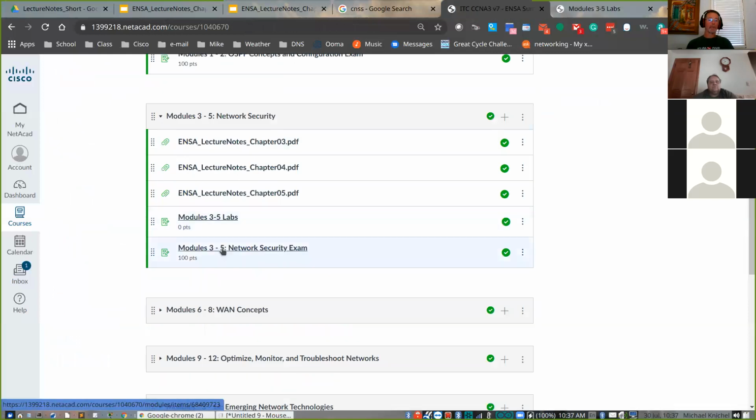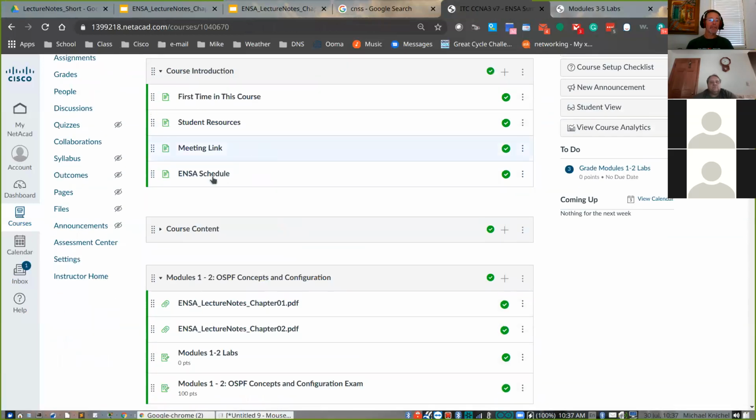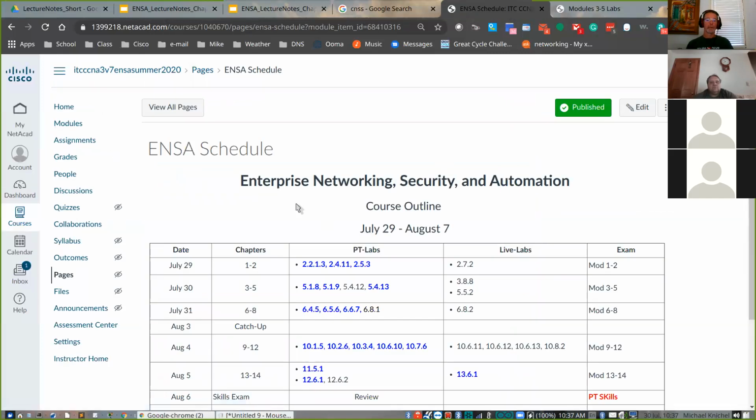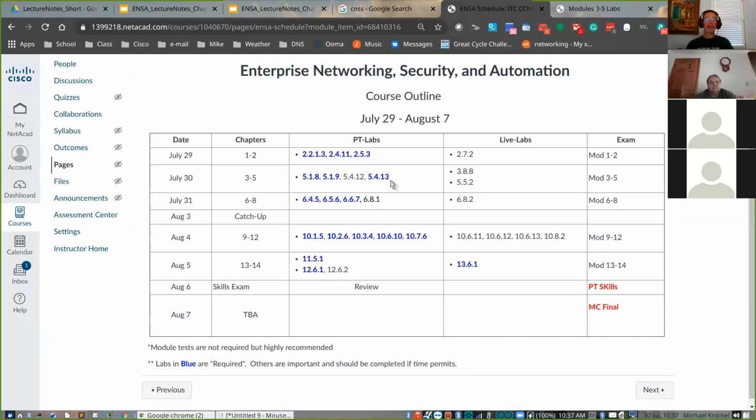So if we look at, where is the schedule here? Here we go. If we look at today, I've got a couple of labs. I've got 3 of the Chapter 5 labs out of the 6 listed here. 4.12 would be good to do. It's extended. It's scenario 1. 4.13 is scenario 2. You only have to hand in the ones in blue. There are 2 others. It's up to you. It doesn't really matter, I guess. Just know that you have to hand in the blue.